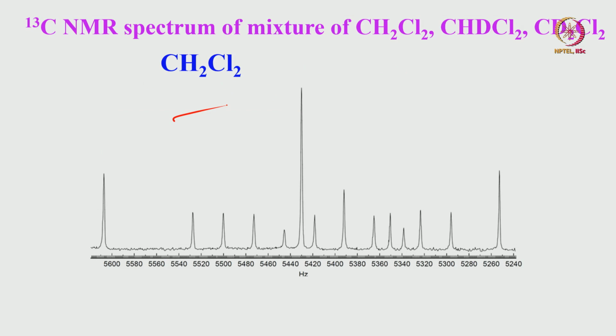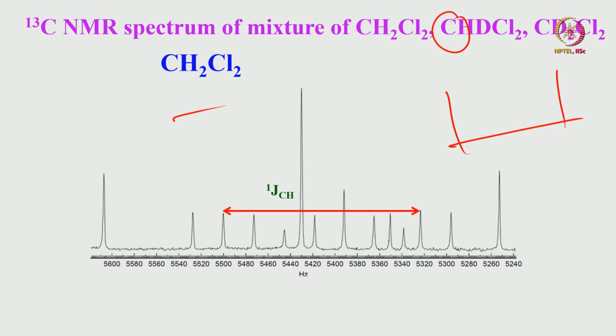Go further. I will take the other molecule now. The other molecule is CHDCl2. What is the pattern we expect for CHDCl2? You should remember this carbon splits into a doublet because of proton coupling, and each line of this doublet will be 3 lines because of deuterium coupling. And where do you get that pattern? If you look at the spectrum, you can identify that pattern like this,